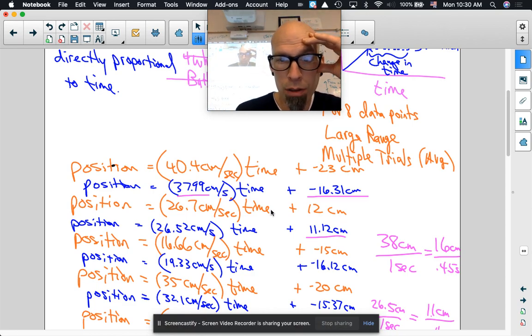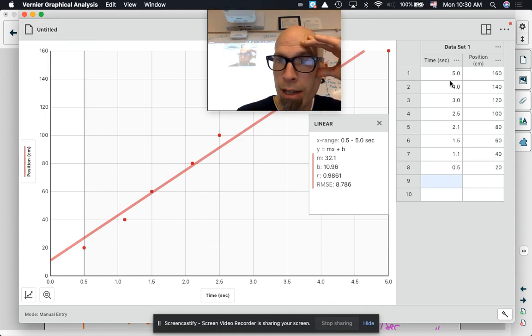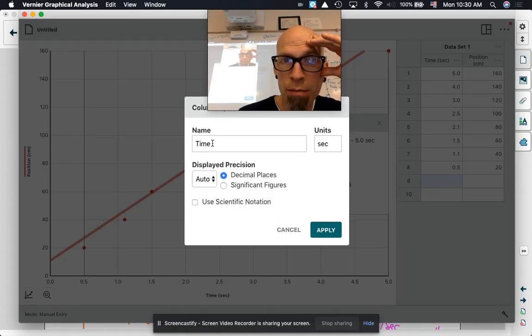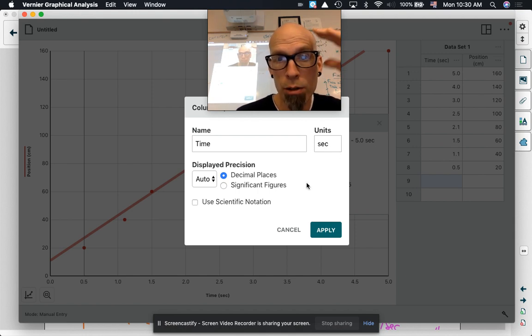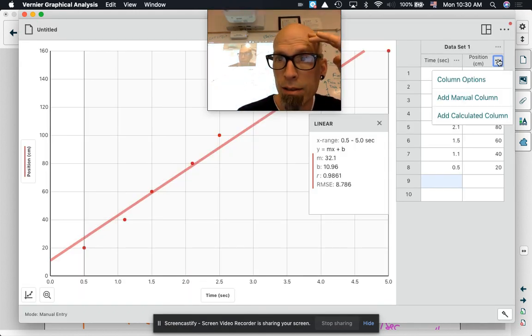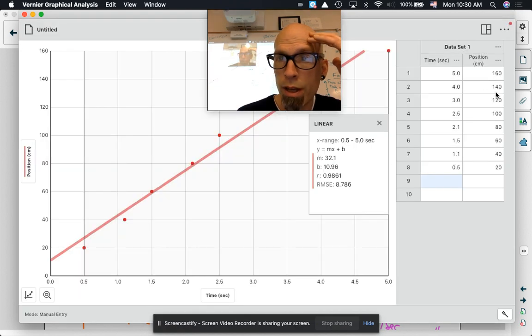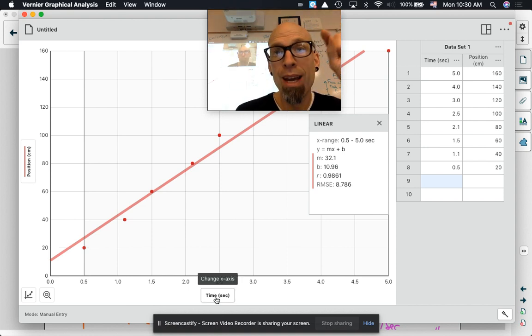And again, that one looks like this. Let's see, Graphical Analysis looks like this, where you can get in here. And you can click on this little deal here, column options, and that lets you rename the column. And again, on the x-axis, we had time measured in seconds. So you can make those changes, hit apply, and then you can put your data in. Of course, the y-axis, column options, we made that position measured in centimeters. And so then you can put your data in, and your graph gets set up appropriately. Also,